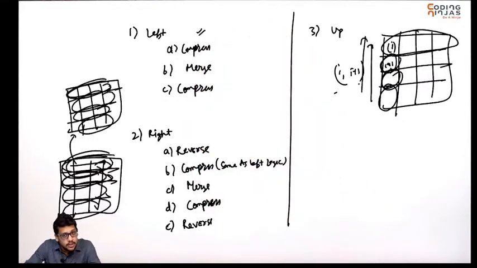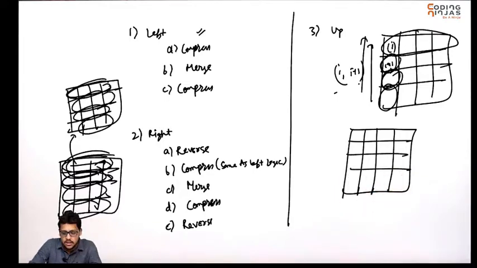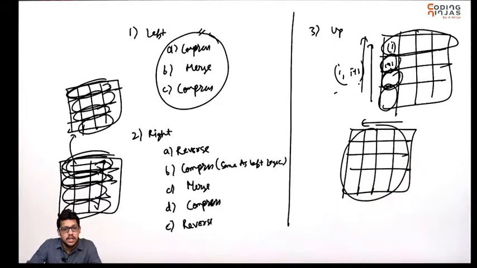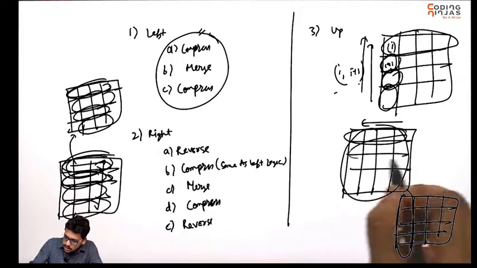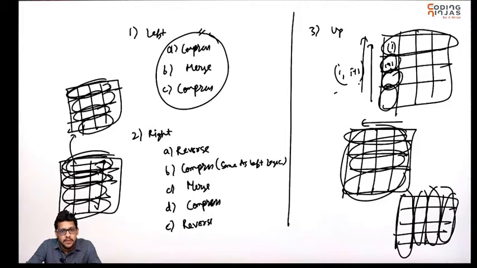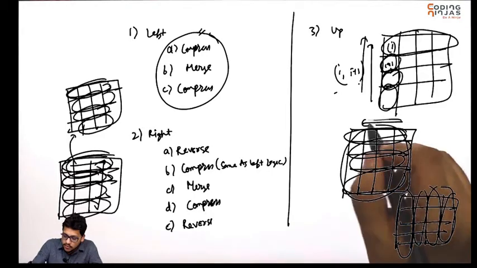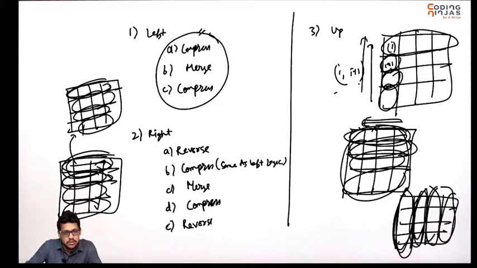But as we know in case of left, what we can do is, if this is our matrix like this, we want to maintain the same logic as in the case of left move. Left was happening like this. What we can do is take a transpose of this matrix. If we take a transpose of this matrix, this will be moved like this here, this will be moved like this here, this will be moved like this here, and this will be moved like this here. Right? This has happened. Now left move was happening like this. Just visualize it like this. This has come here. This has come here. This all has happened.